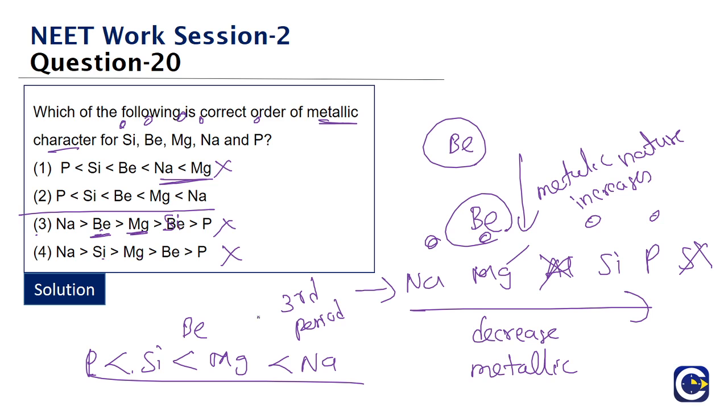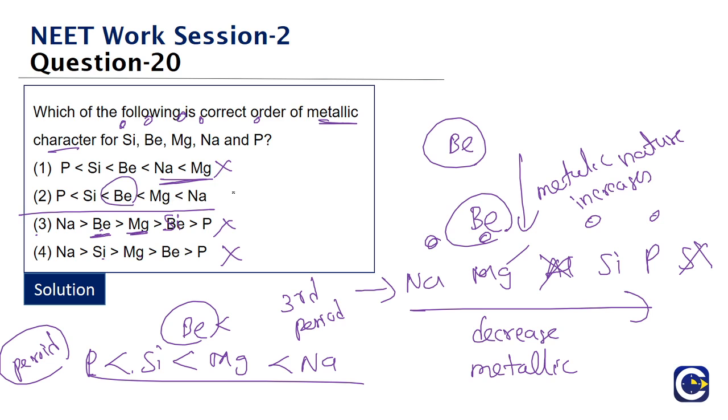But here, just based upon the trend in terms of a group or period, what we can see is that this is the trend that we are able to see in terms of the periodic trend. And beryllium less than magnesium is another trend we are seeing in terms of the metallic nature across a group. So when we club both of them, what is the option that is suiting our purpose? It is phosphorus less than silicon. Beryllium will also be less than magnesium. In fact, we have only one option that is fitting this, okay. Beryllium will also be less than magnesium, which will be less than sodium.